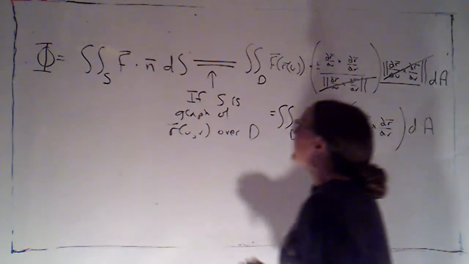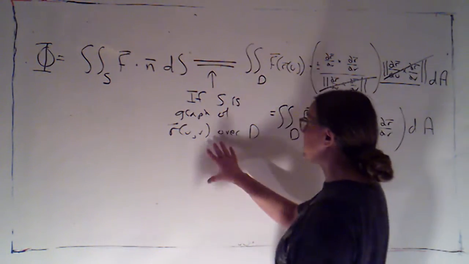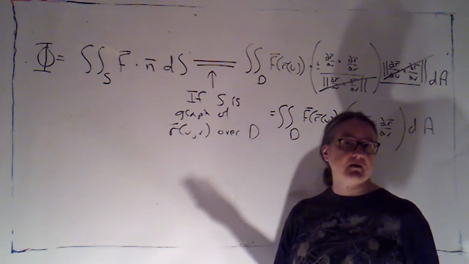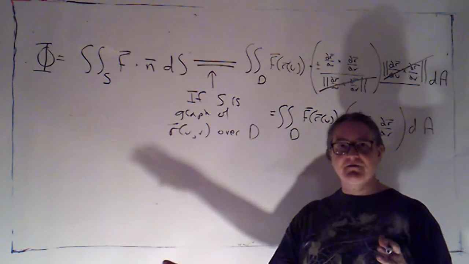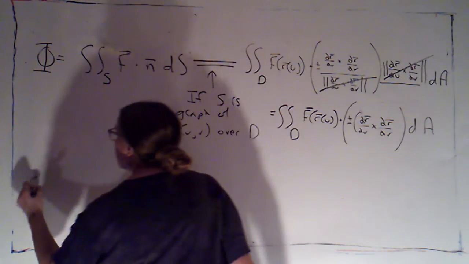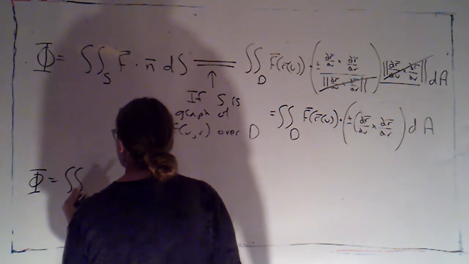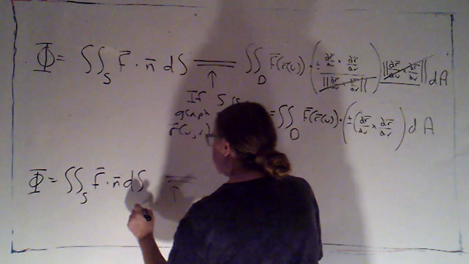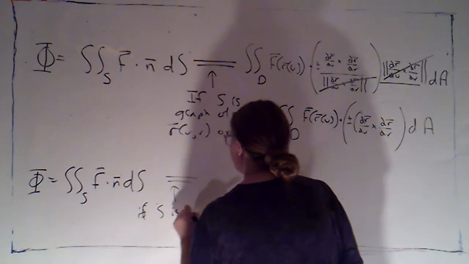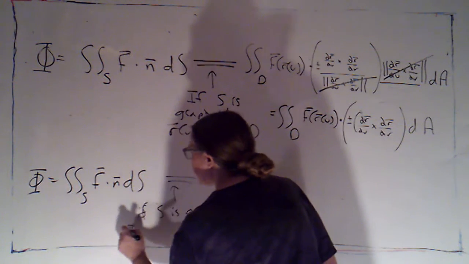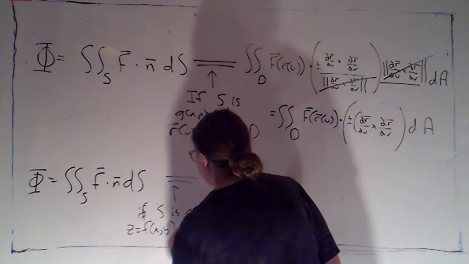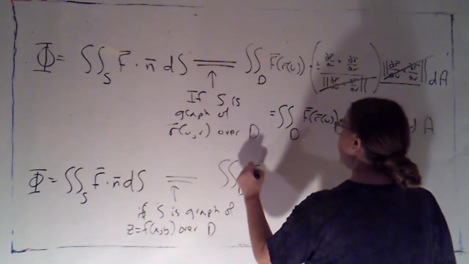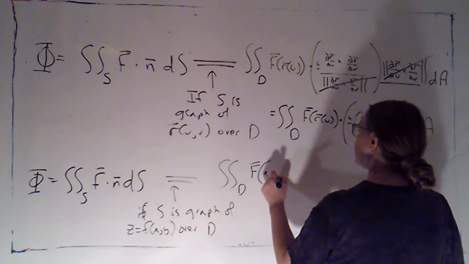Okay. Now, the other common way that we'll have of describing surfaces is where one variable is a function of the other. Most commonly, z is a function of x and y, but it could be either x being a function of the other two or y being a function of the other two. So, I know that flux is the double integral over S of F dotted with n dS, and if S is the graph of, let's just say z equals f of x, y over some region D, this becomes the double integral over D of F of x, y,